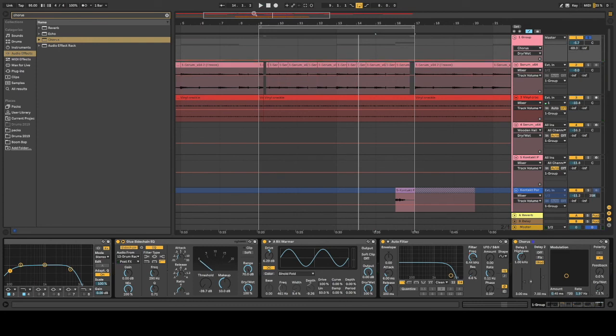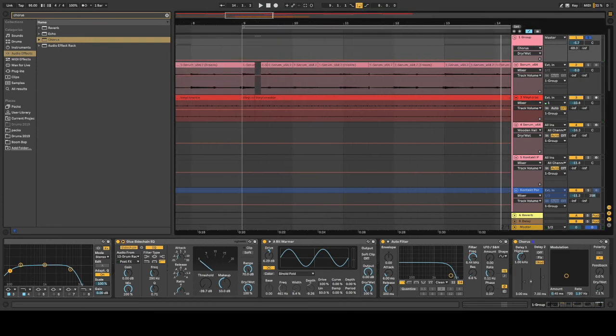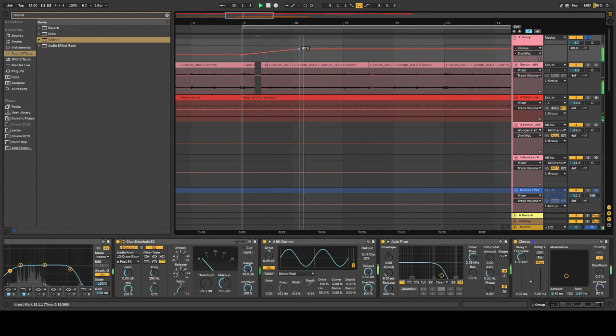So I'm just going to start mucking about with some automation on the chorus here and we'll see what happens. So you really shouldn't be putting this on normal pianos and stuff because it'll detune it unless that's what you're going for. Just a friendly reminder, it starts to make things sound a bit weird with certain things. But that's kind of what we're going